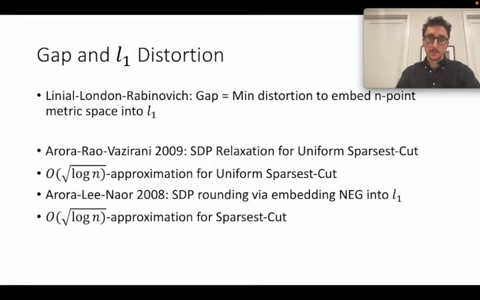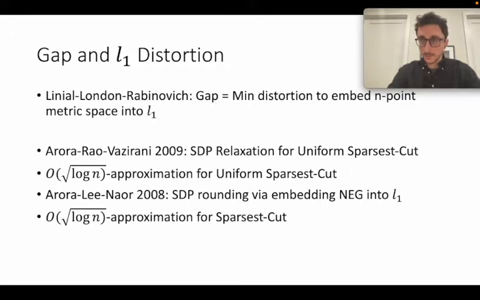All right, now the notion of the multi-commodity gap is very closely related to bi-Lipschitz embeddings. Let me briefly say that it has been shown by Linial, London and Rabinovich that it is exactly equal to the infimum distortion required to embed an n-point metric space into L1 space, also known as Manhattan space. This is really one of the key results that propelled the theory of bi-Lipschitz embeddings into a central role in the